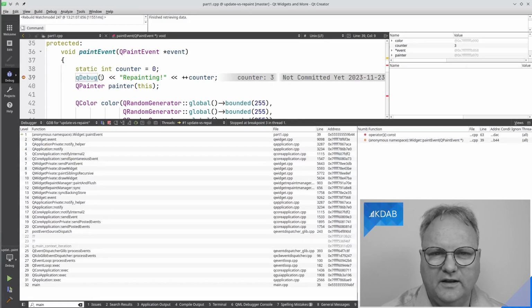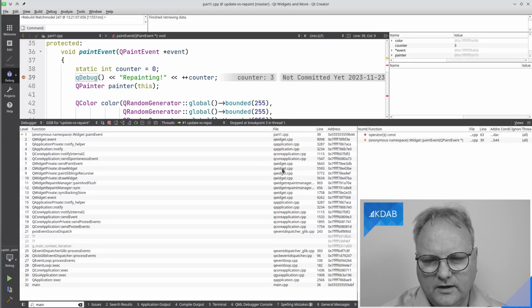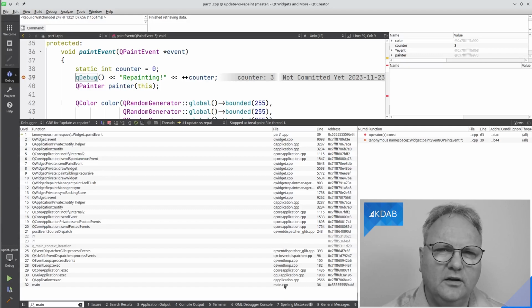That's this file here. But if I go up, and please follow carefully, you'll see there are no other references to part 1. All I see up here is main.cpp. So there is no backtrace where I can just go up from the paint event to the place where I called update.